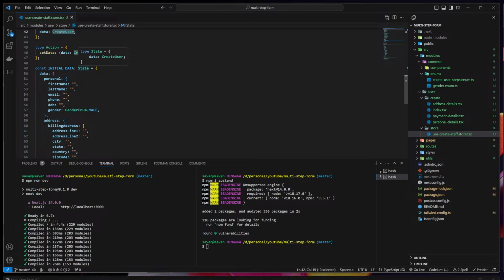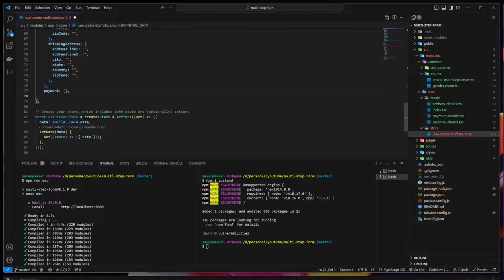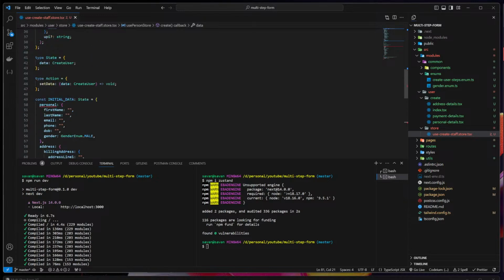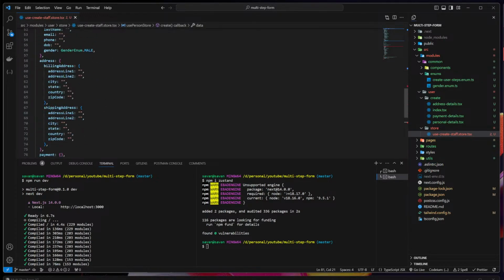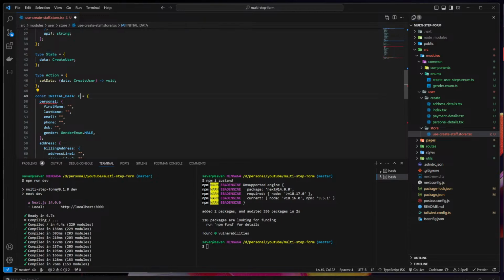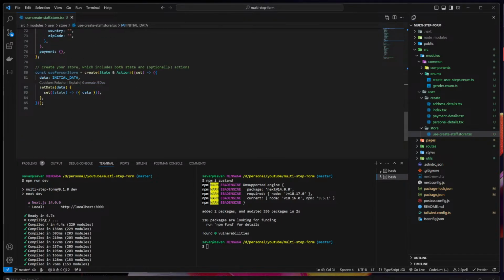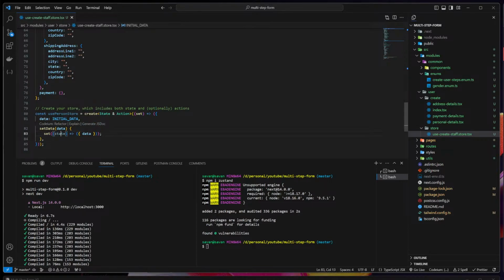I don't need this, just in the initial data. Initial data can be of type that. We don't want any current state. We don't want to have that. And just rather than using this function, what I can do is use an arrow function here,